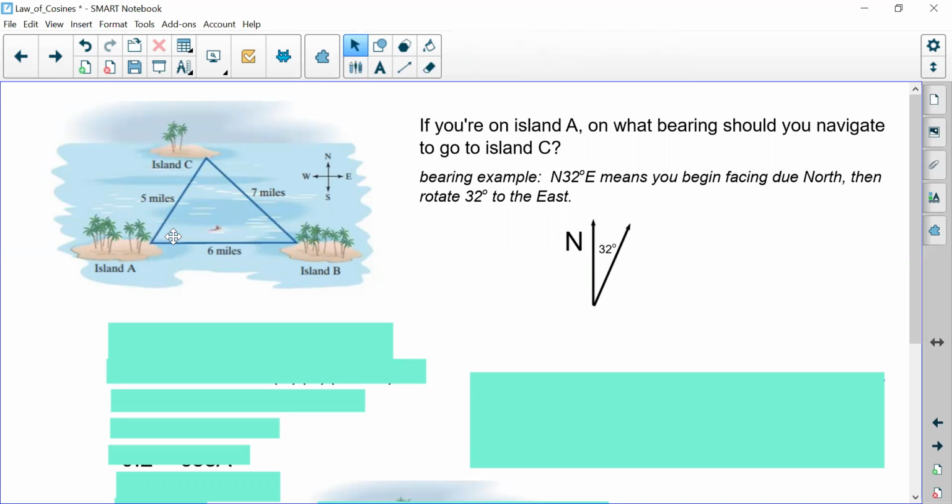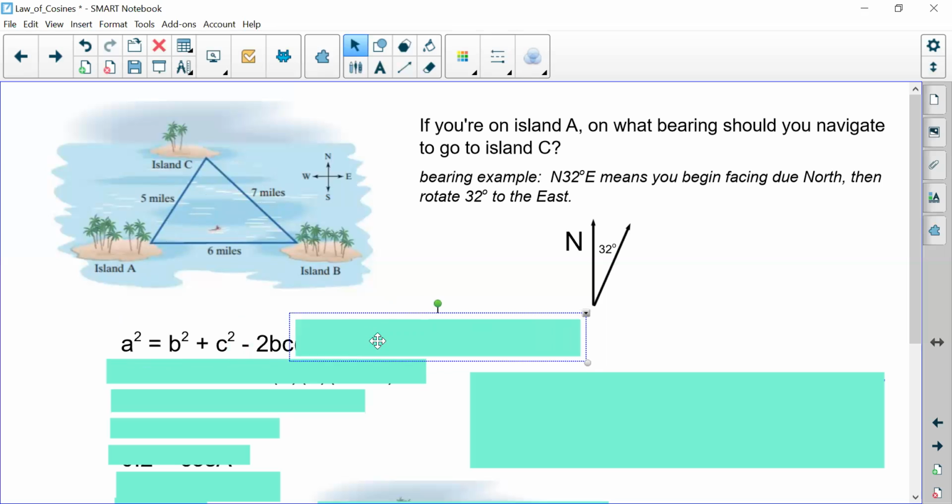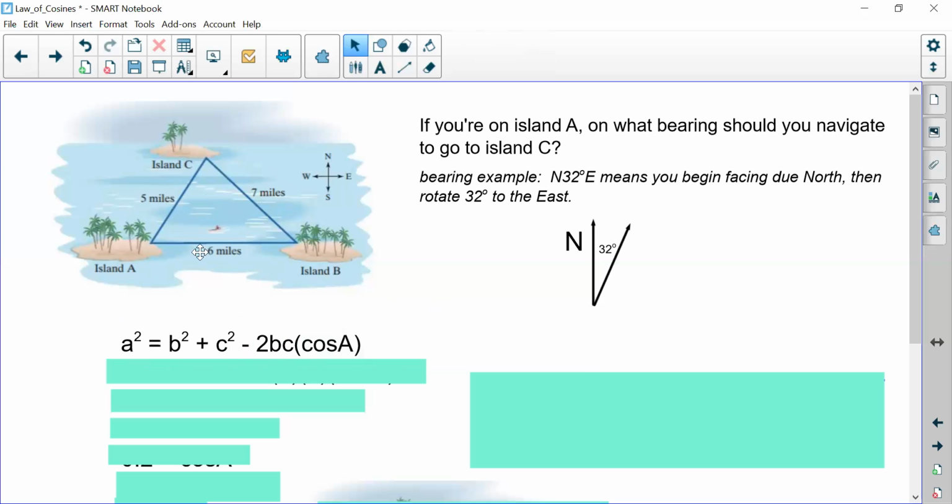And I don't have any angles, so I can't do an angle and its opposite side. So law of sines is out. But I have side, side, side, which means I could do law of cosines. And I want to be smart here. I want to have the cosine of this angle, which I'll call angle A. So I'm going to start with A squared, with 7 squared equals 5 squared plus 6 squared minus 2 times 5 times 6 times the cosine of this angle. So replacing all those with numbers,